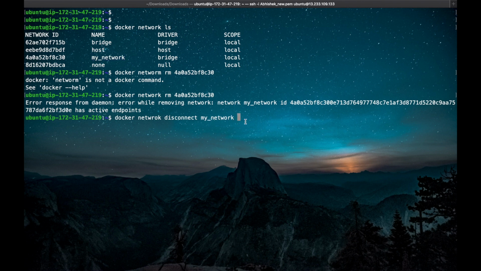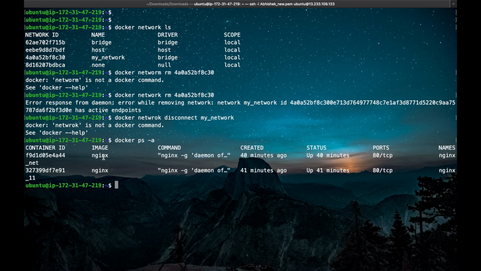First we have to find out the container name, so I just copy this. Docker ps -a. We have to remove these two containers from my custom network. So docker network disconnect, and provide the container name. The container name is here.